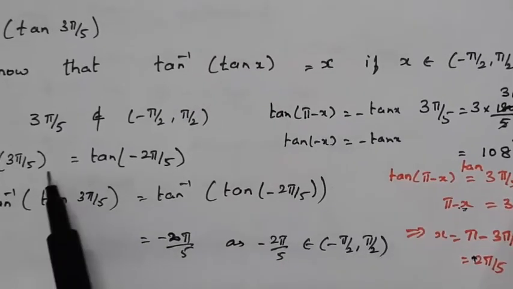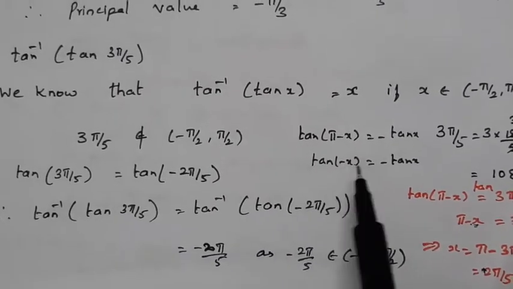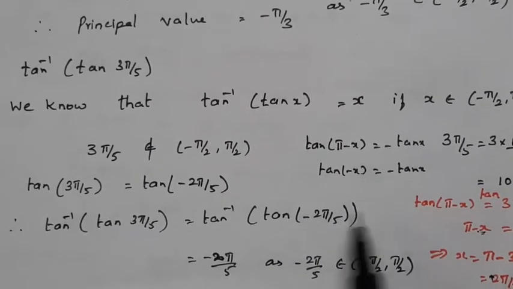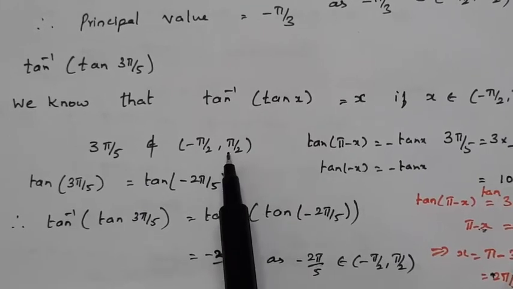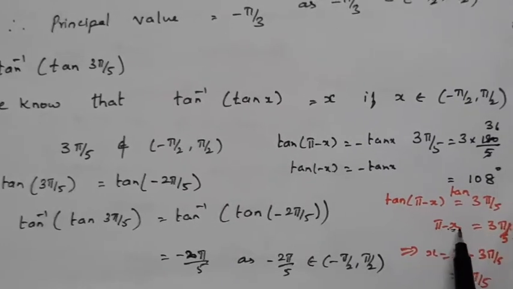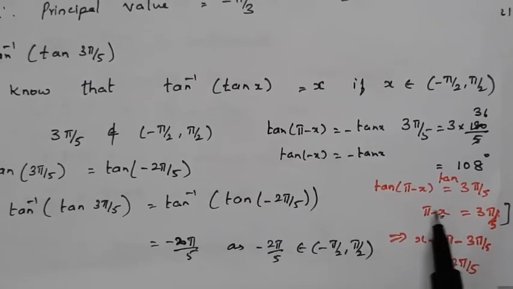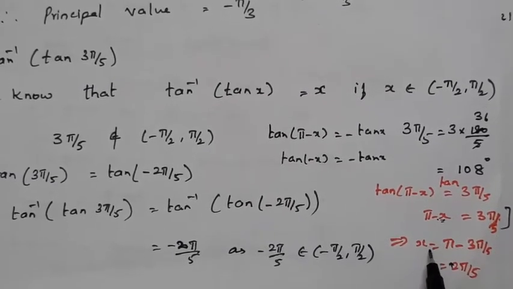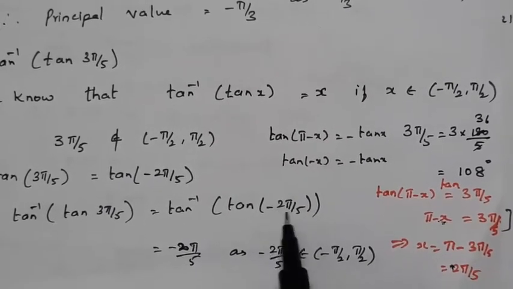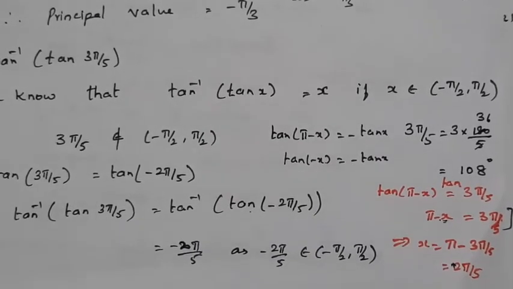Okay, so do you understand how you obtain tan 3 pi by 5 is equal to tan of minus 2 pi by 5, right? So remember, tan of pi minus x and tan of minus x are equal as they have equal value. So what you have to do, if the angle does not belong to the principal domain, that is minus pi by 2 to pi by 2, take pi minus x, because it lies in the second quadrant, so it is represented by pi minus x. So pi minus x is equal to 3 pi by 5 means what would be x? x will be equal to 2 pi by 5, and pi minus x and minus x are equal here, and therefore you have to take x as minus 2 pi by 5, and hence tan 3 pi by 5 and tan minus 2 pi by 5 are equal.